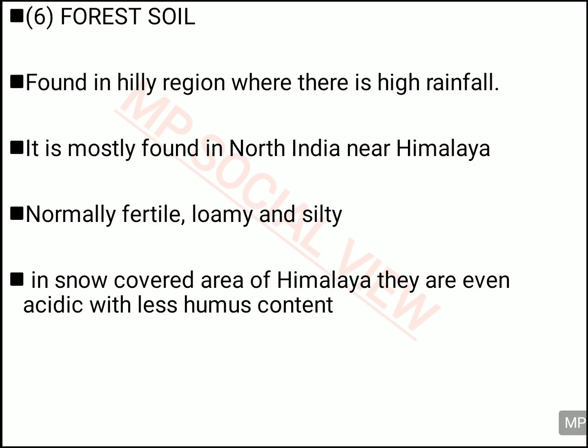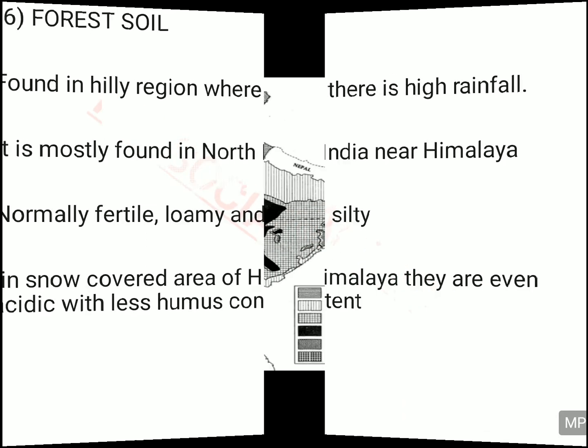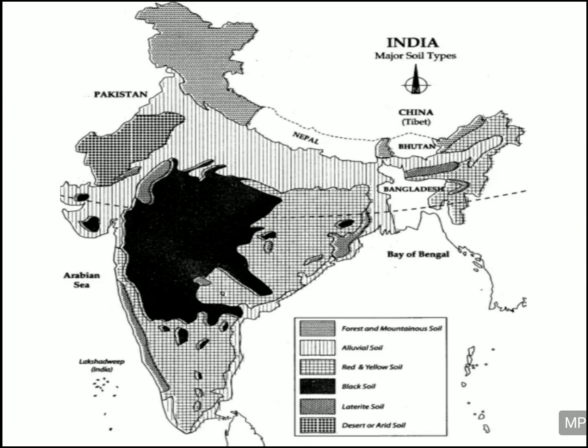So this is the forest soil, and you can also see the various types of soil given in the map in your book, and it is very important to look into this. You can see where are the areas where you find the red soil, the black soil, the alluvial soil, arid soil, or the forest soil. All the 6 types of soil are given in this figure. I recommend going through this map because it can be asked in the exam also, and this will help you to understand where the various types of soil are found in different regions of India.